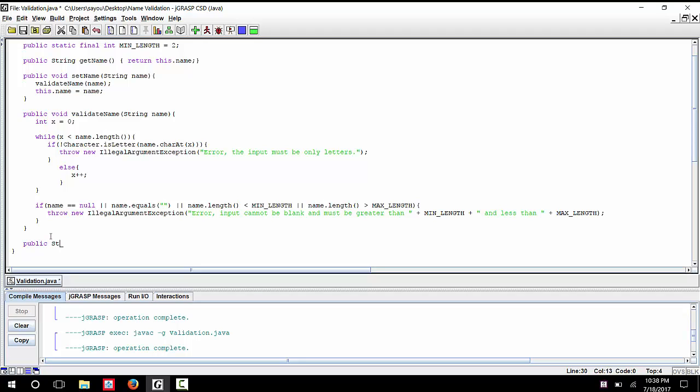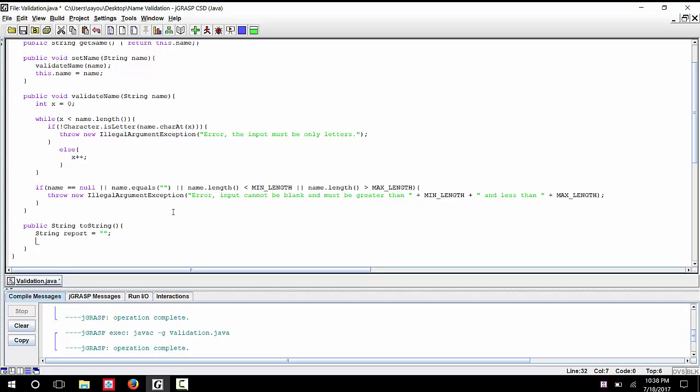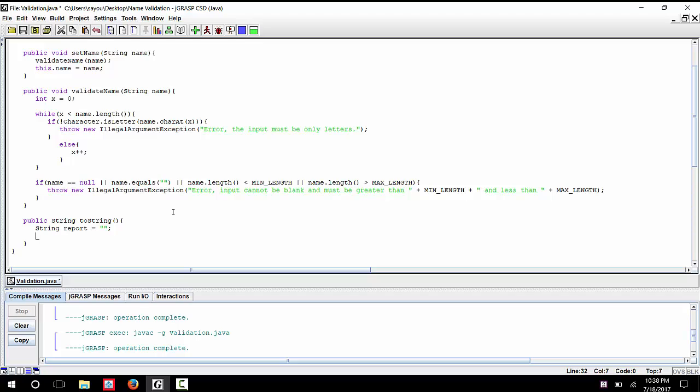So public String toString, and open bracket, I'm going to close it up, and I'm just going to make a variable here called report. It's going to be a string, because I will be making more videos with this program showing how to validate other things, and also maybe make this program do something. Now I'm just gonna say string report, and then report equals name is equal, oh I'm sorry, plus this name,